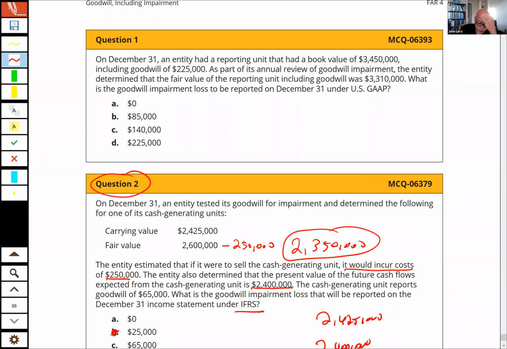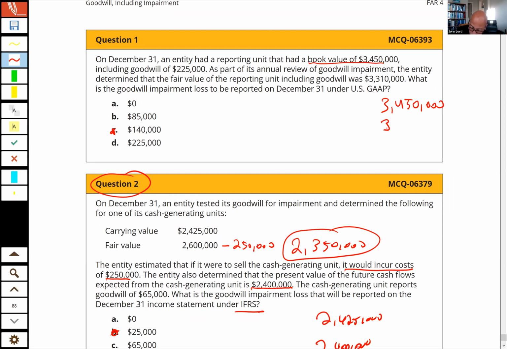There's only one reporting unit here, so we have a $3,450,000 reporting unit book value. That's the book value, and it has goodwill of 225,000. As part of its annual review of goodwill impairment, the entity determined that the fair value of the reporting unit, including goodwill, is